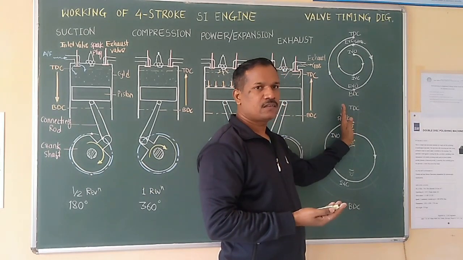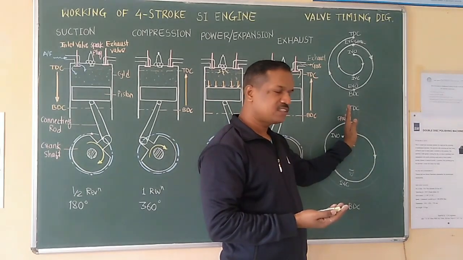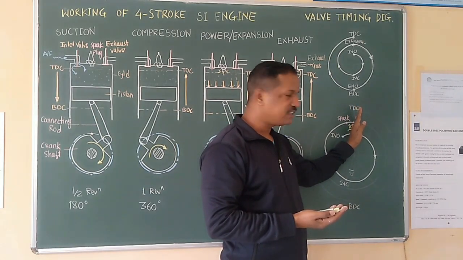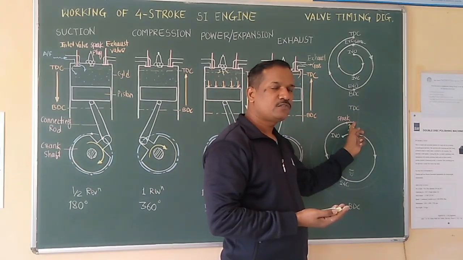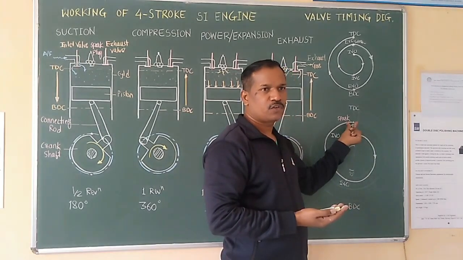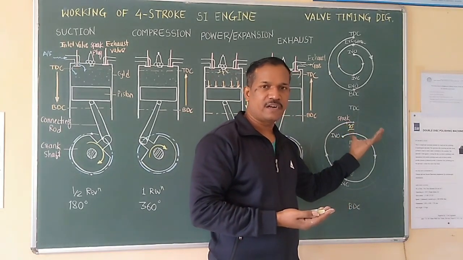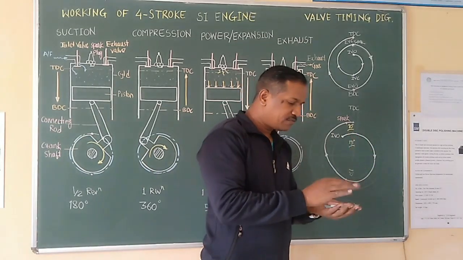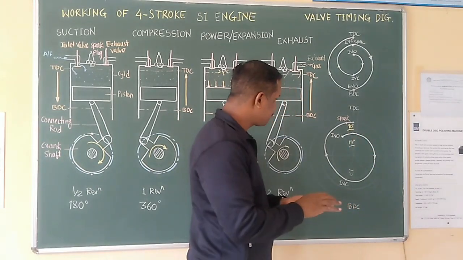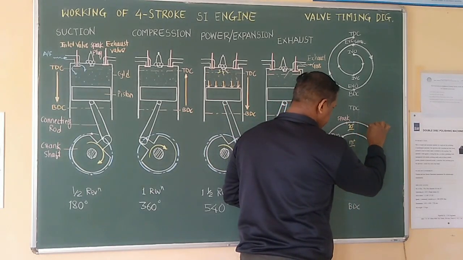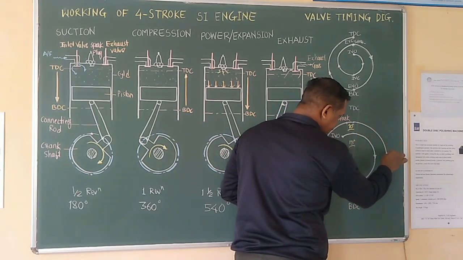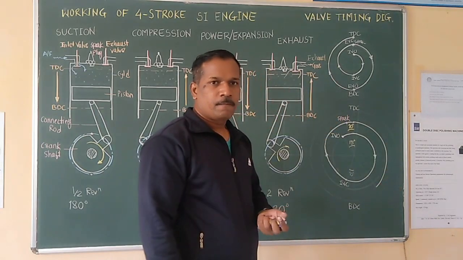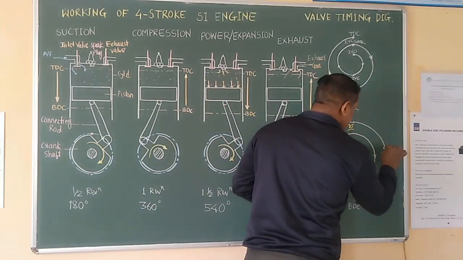No doubt the spark starts burning of gases, and the piston again moves upward and continues. So when the piston reaches TDC, the spark has produced sufficient strength in the burning gases. Now those burning gases try to expand. So after this, expansion is started. So gases try to expand. So this is expansion.